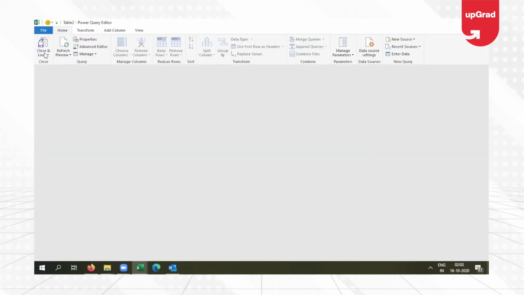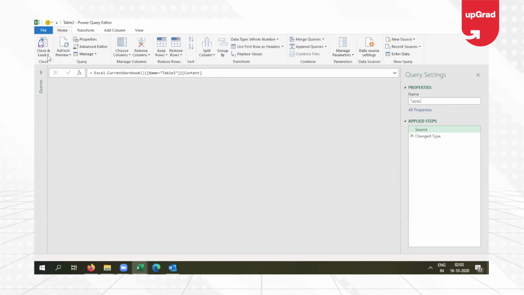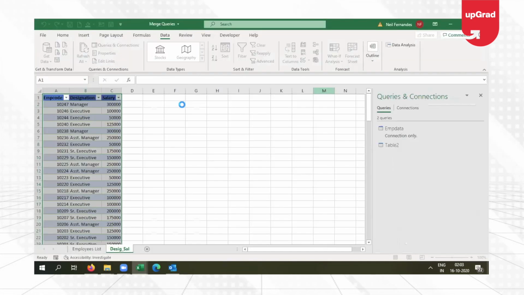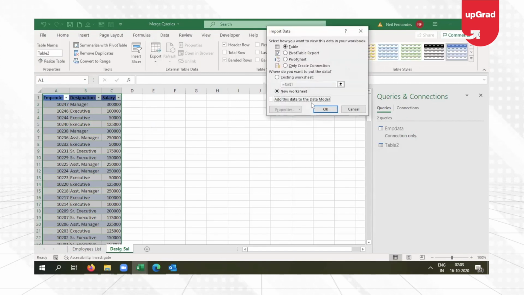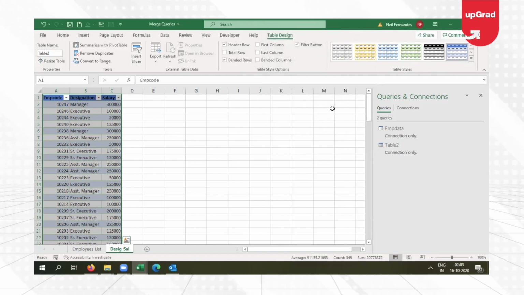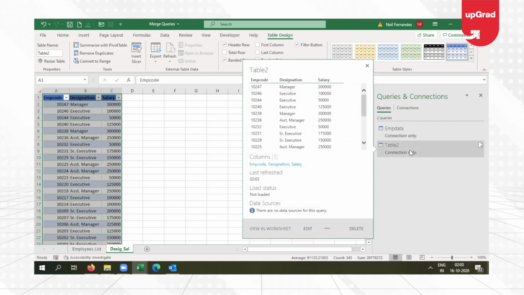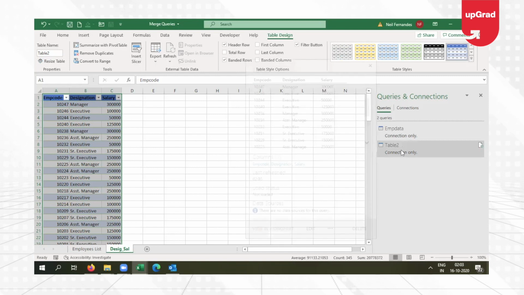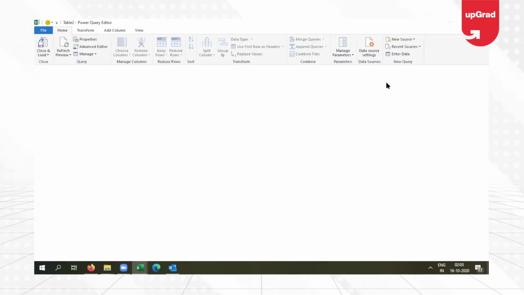Once I have this table ready, I can go on to the Power Query editor, but I don't need to clean this data. So I'm just directly going to Close and Load To. And then I can say Only Create Connection and click on OK. Once I do that, you can see that the other query has already been loaded. Now the problem is we forgot to change the name of the query. So I'm just going to name that query as containing additional data. So I'll say Additional Info for the query name.